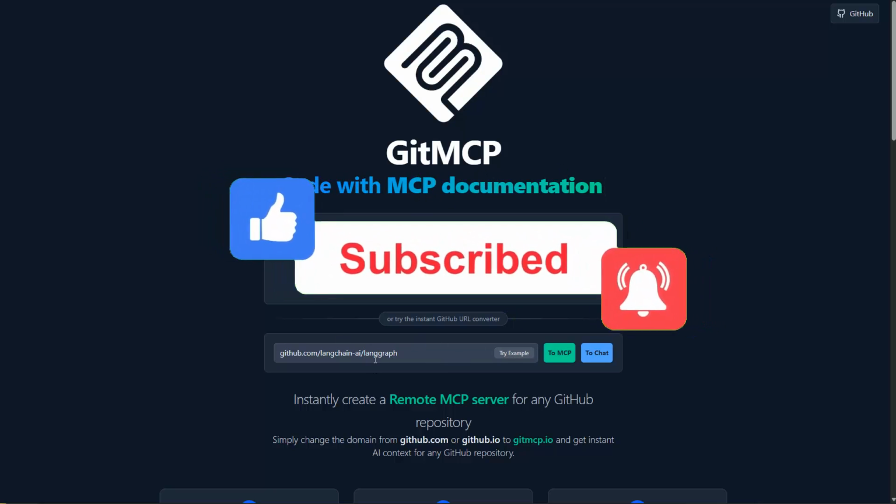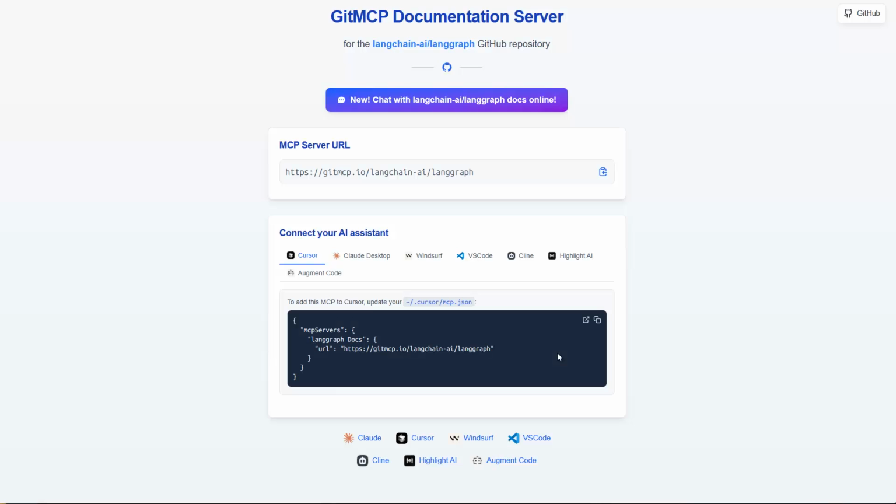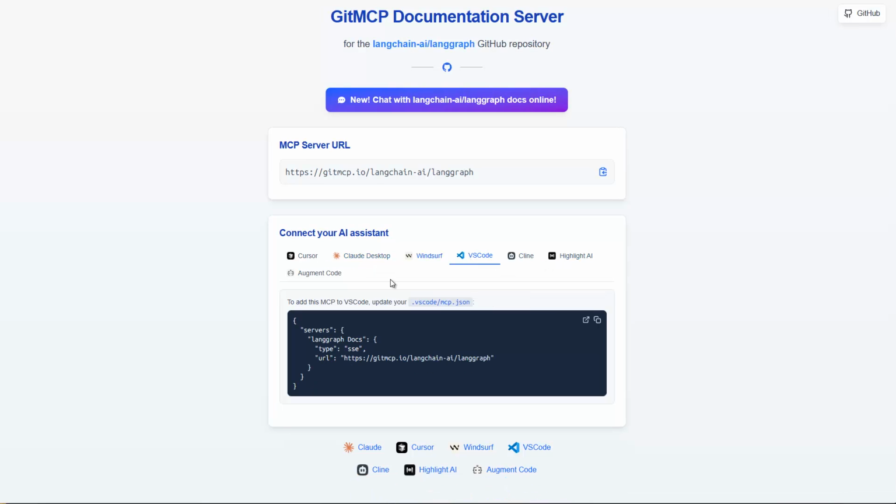And then basically what we have to do is just click on to MCP. And here we go, and we get everything we need to configure for any kind of code editor we want to use. So if you want to use Cursor, you can use this one. If you use Claude Desktop, you have this one, Windsurf, VSCode, and so on. So just as an example, if I use VSCode for now, I can go there and I can see the server and so on. And all I need to do now is just take this, Control C to copy it,